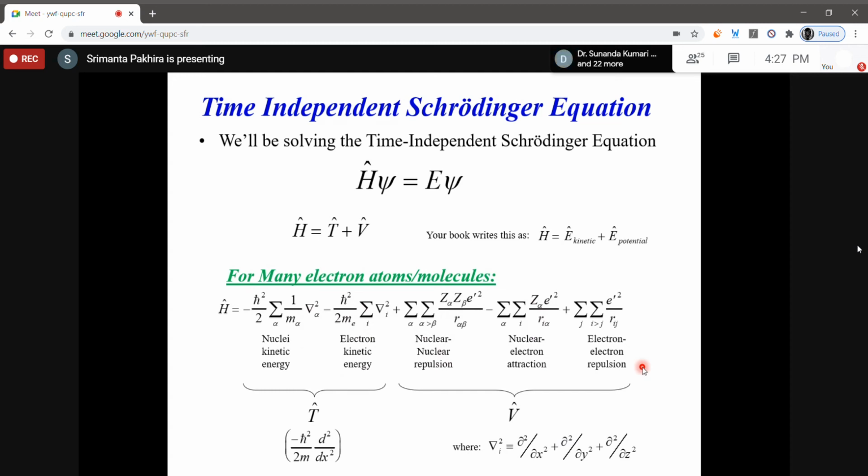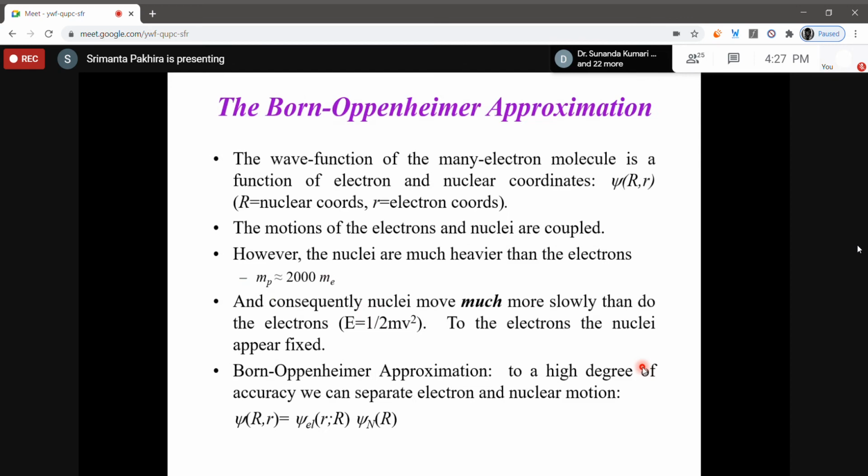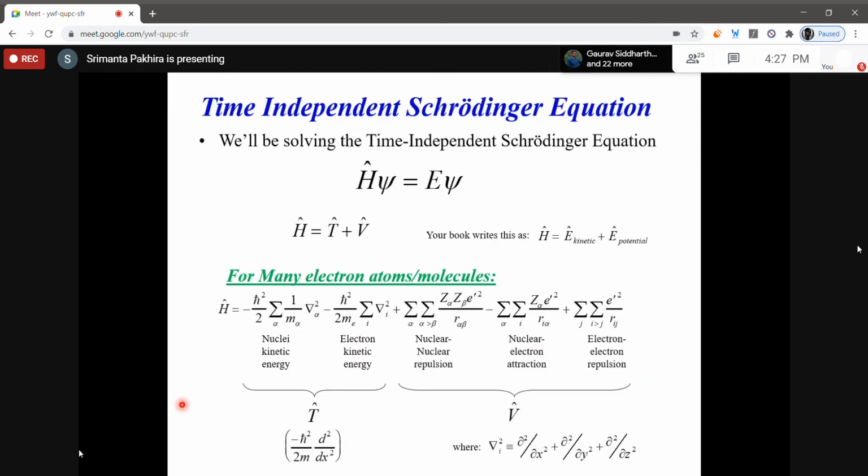Very good. So the point is, if you look at the size of the Hamiltonian for many electron cases, it is not easy. If I give some particular problem to you, let's say a chlorine molecule Cl2, or a sodium chloride crystal, to write down and solve the Schrodinger equation, probably you may not be able to solve that. Or let's say I give the example of graphene or graphite. If I ask you to solve the Schrodinger equation,